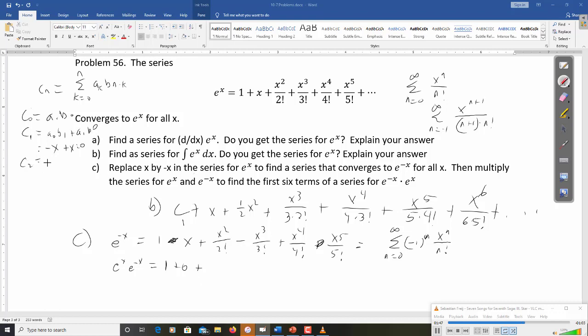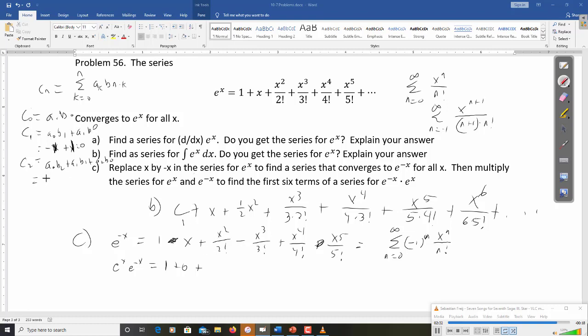c sub 2. This would be a sub 0, b sub 2, plus a sub 1, b sub 1, plus a sub 2, b sub 0. So that would be the coefficients, not the terms. I get confused, but regardless, I don't really need to include the x, but it still would have been -1 plus 1. C sub 2 would be, so the first times the third, so e to the x times 1